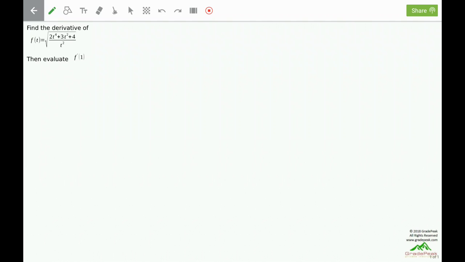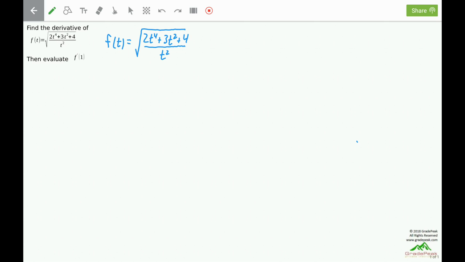Find the derivative of f of t equals the square root of 2t to the fourth plus 3t squared plus 4, all over t squared. Then evaluate f prime of 1. F of t here is the square root of an entire expression, 2t to the fourth plus 3t squared plus 4